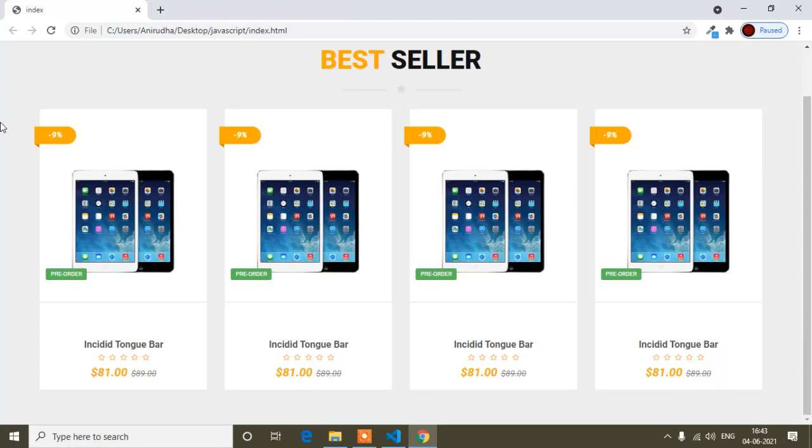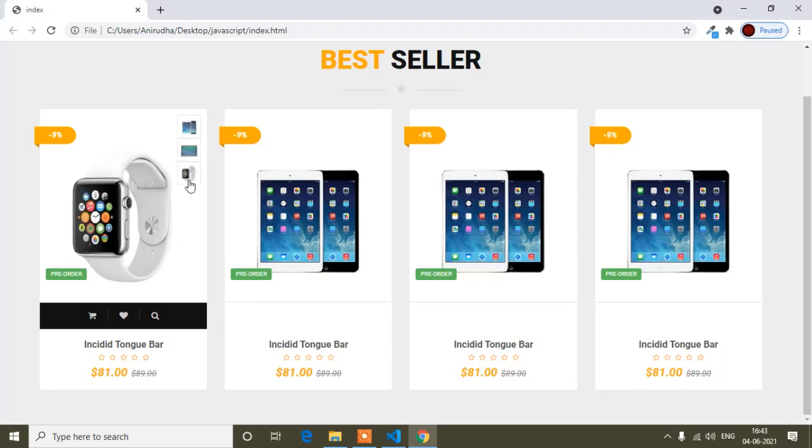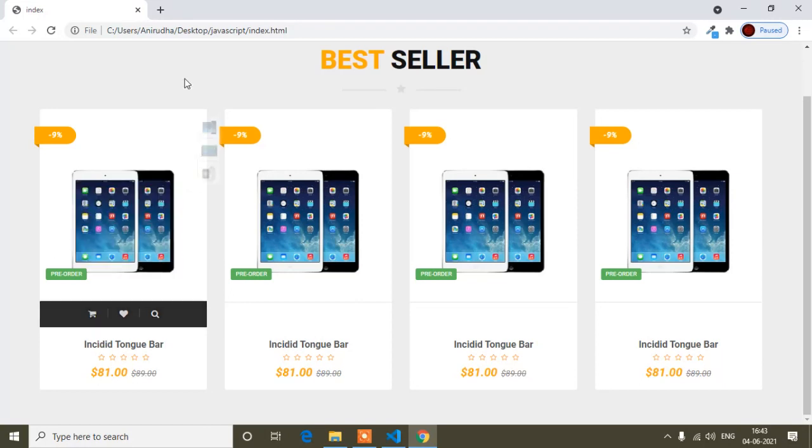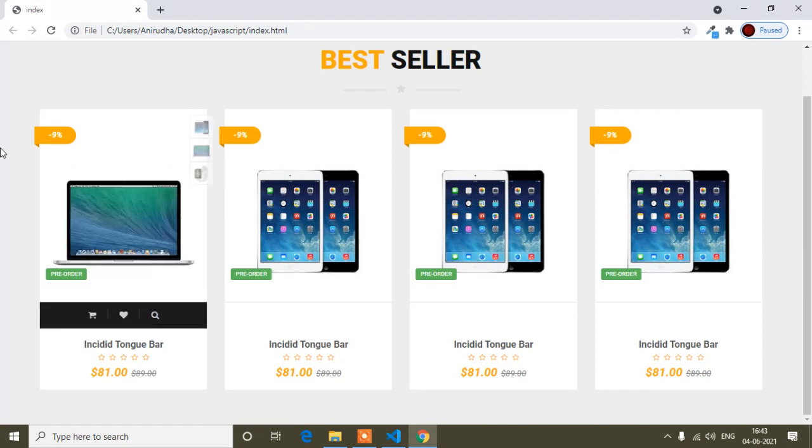Here you can see there are 4 cards and 4 products. For every card, if I hover, you can see the hover effect, and every product card has 3 unique products. If I hover on a product, the product changes based on the hover. And if I hover out, my chosen product is still here. Suppose I choose this product, and I hover out, this product is still here. So that is the functionality, and this part is different from Angular, so that's why I'm making it in JavaScript also.